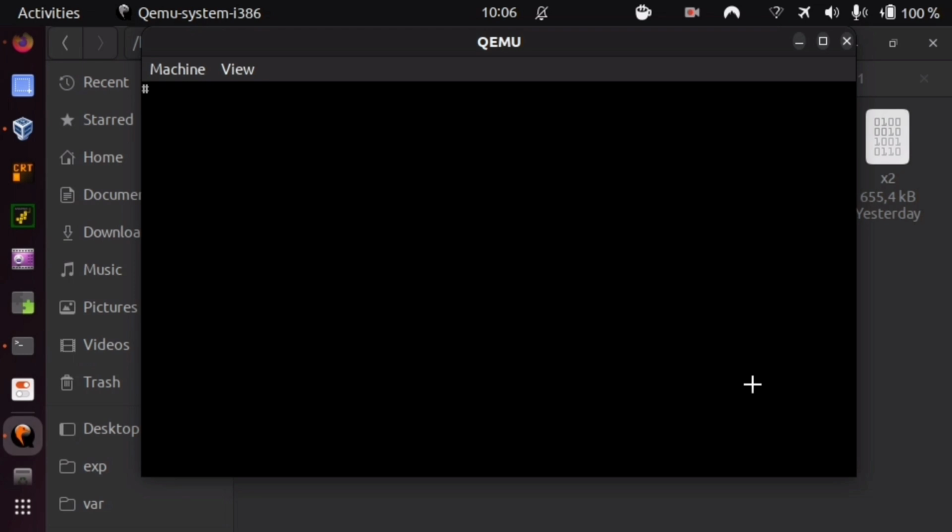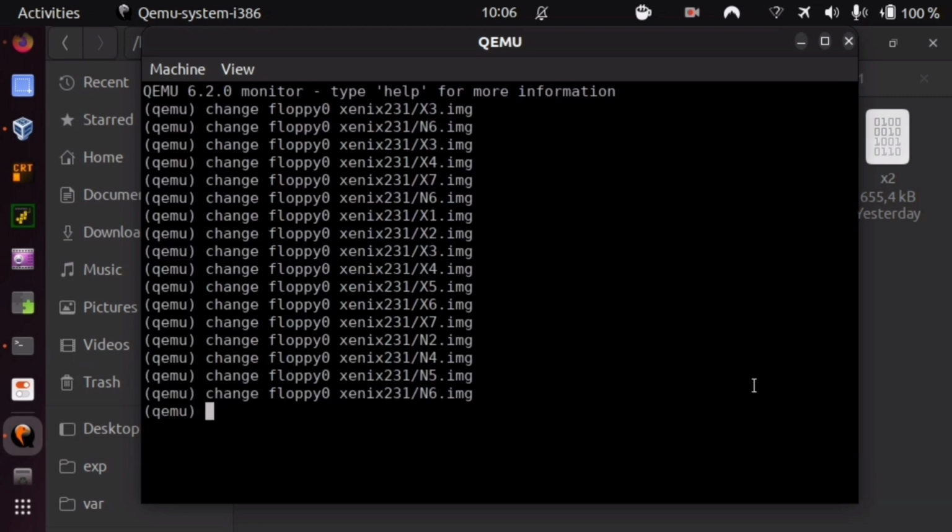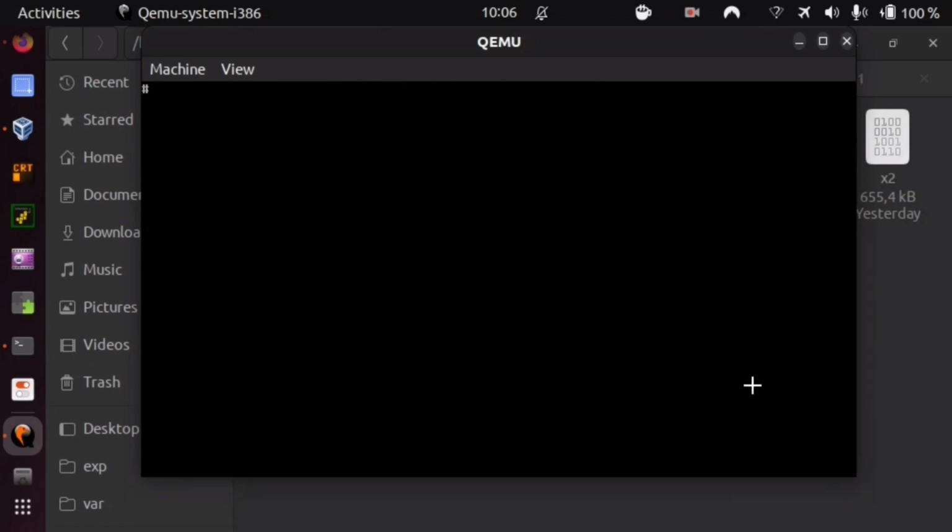Now, let us change the floppy. This is in QEMU, but you could change the floppy, of course, in 86Box. Just here things are a million times faster. So Ctrl-Alt-2, change floppy 0 into the DOSX1 image under the directory X. There's something funny here which I'm having for you, namely XLISP. A long time ago I did compile XLISP, a famous 1980s Lisp, for Xenix, and I'm intending to port it over here